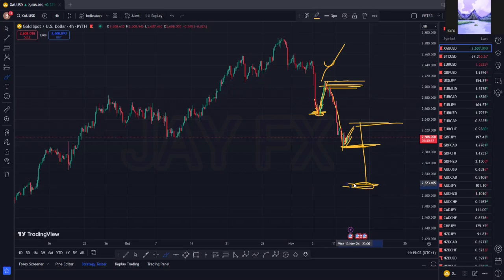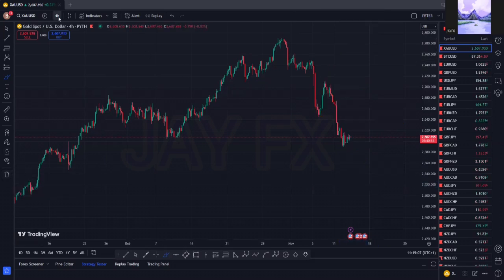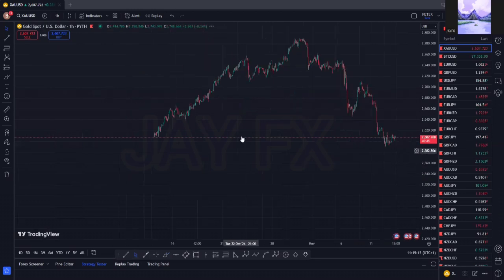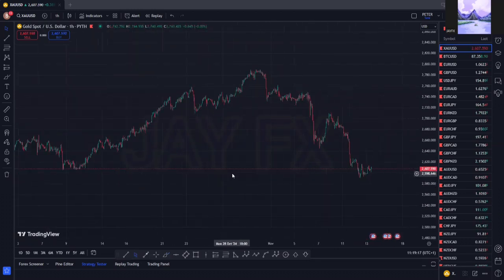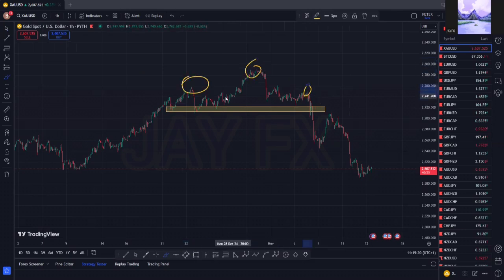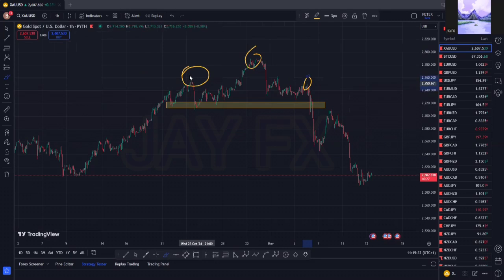Let's change time frame and go to 1 hour and see if we can have an entry. If we don't, then we don't have to trade, we don't have to force. So now on this 1 hour time frame, I want you to put your eyes on what I am going to tell you. We're still having the same zone that the market breaks before it goes down. You can clearly see that we still have head and shoulders. If you can see this, I think it's clear.